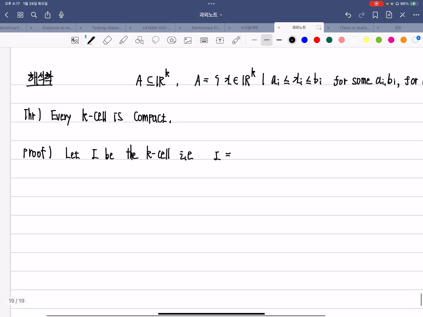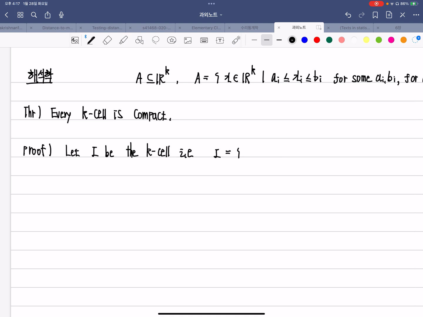I is the set of all x in K such that there exists a_i and b_i